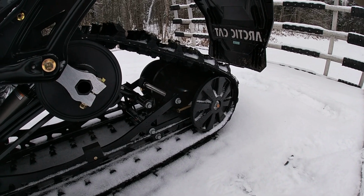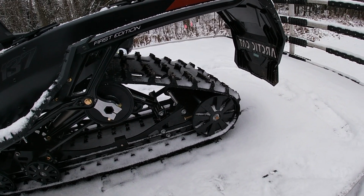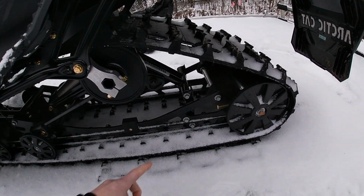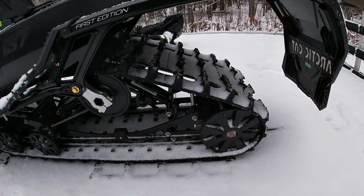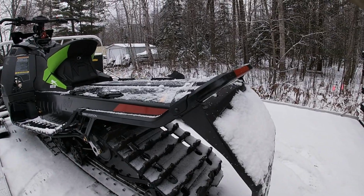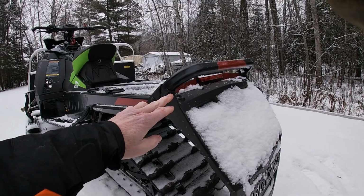There are only 3 wheels back here for the regular ZRs. The RXCs get 4. Here's the coupler blocks for the coupled rear suspension. On this snow flap, here's another improvement that I noticed. The snow flap has extra rivets